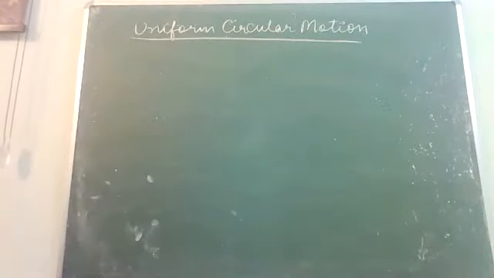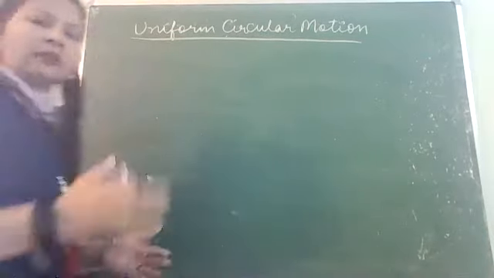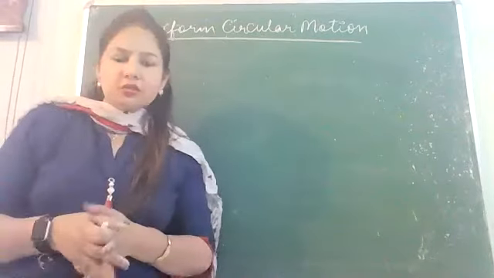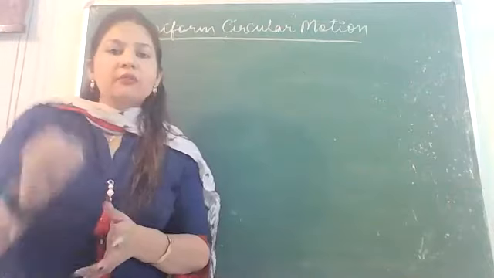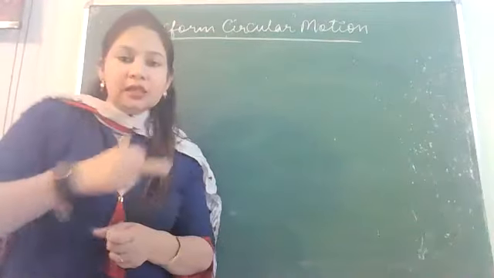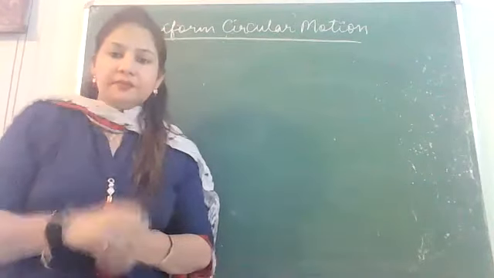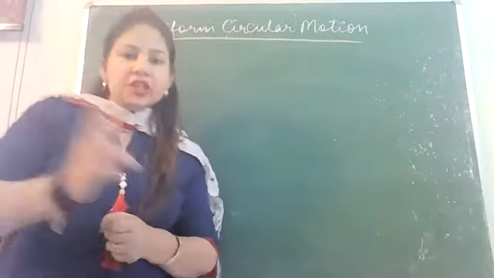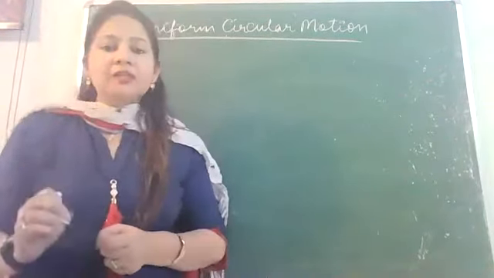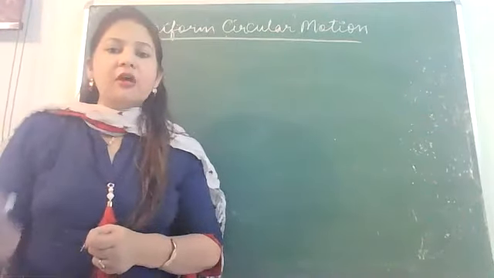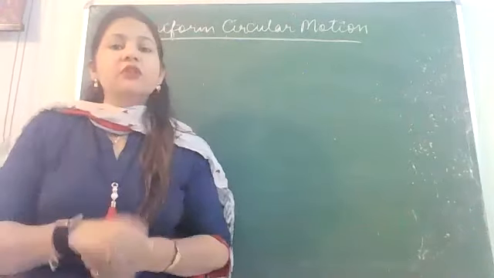Uniform circular motion. Circular motion, so you are already familiar that when an object moves in a circular path, its motion is called circular motion. But what do we mean by the word uniform? Uniform means when the object moves in a circle with uniform speed, like Earth. But in the case of Earth, since the direction is changing along the circle, it can't be uniform velocity. It is uniform speed, but this is not an example of uniform velocity. This is an example of non-uniform velocity.